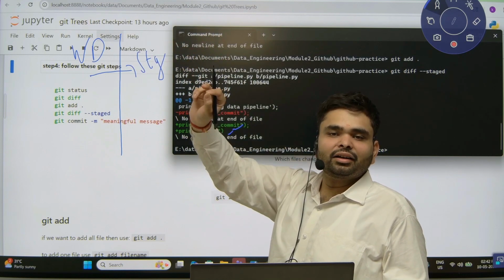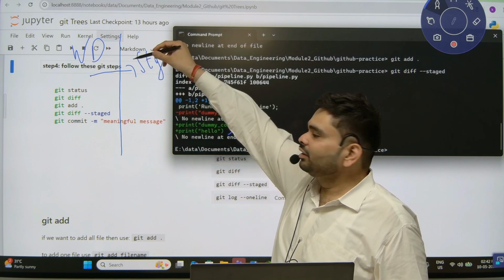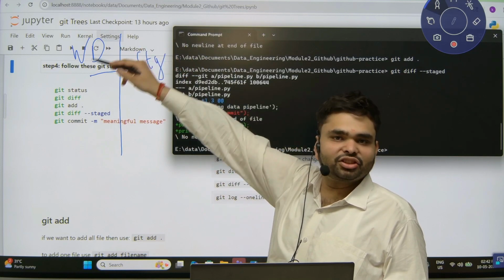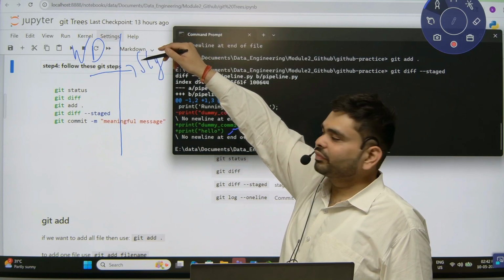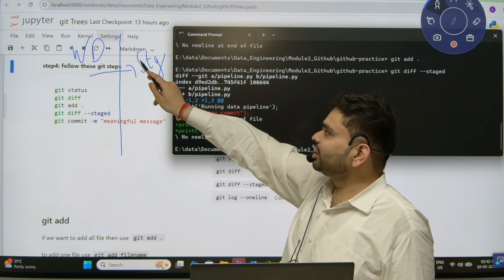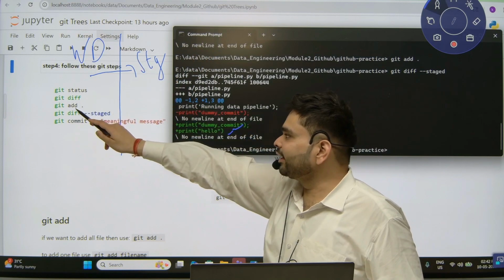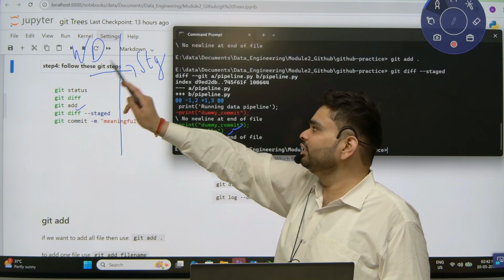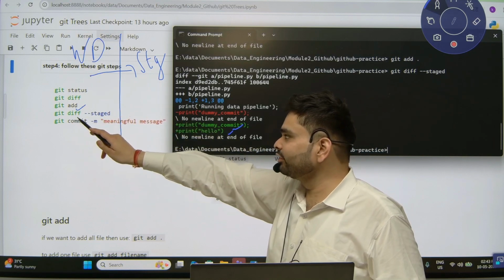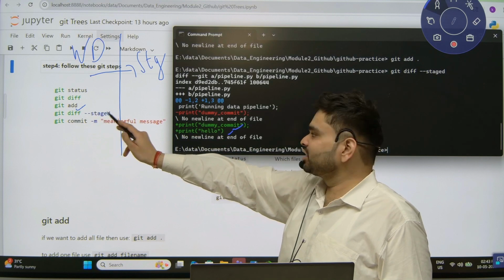Staging is the area in which we are determined, yes, we are confirmed with these changes and we are moving to the pre-final stage. Okay. So how to move the changes to the staging? Use git add, and to confirm that our changes have been moved to the staging, use the command git diff --staged.